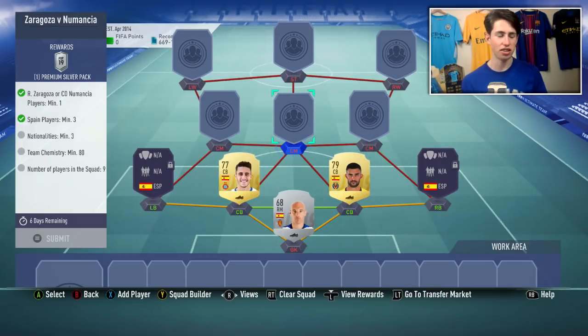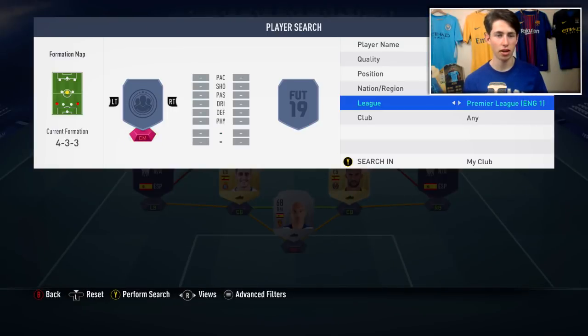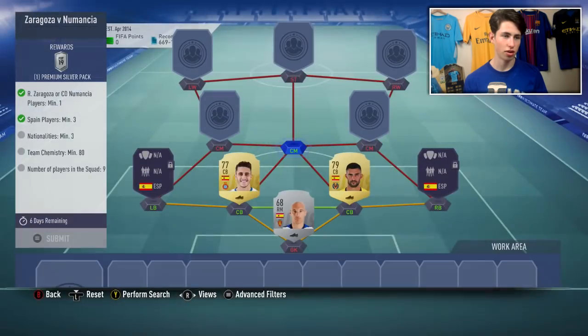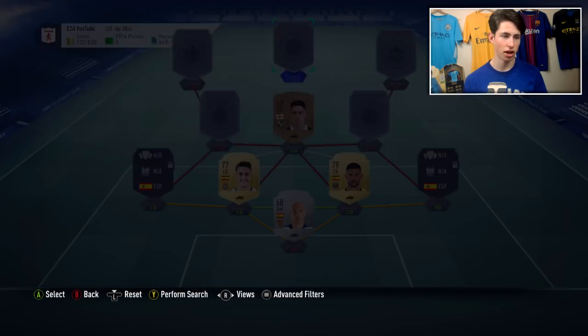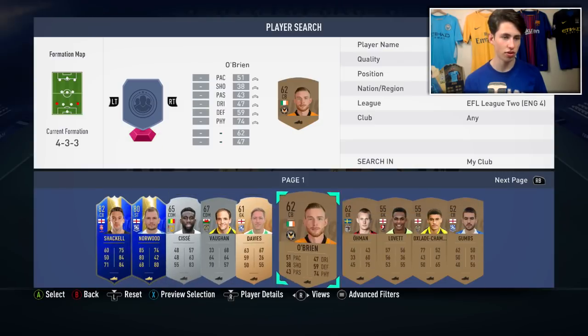I know you don't need to use golds, but the golds are often going to be cheaper than the silvers anyway. So we've got the Spanish players in. We just need to get some more nationalities, and I can build the rest of my team now from any random league. So let's go to League 2 and just fill out the rest of the team with some League 2 players. So let's quickly check just what League 2 cards I happen to have, any that are going